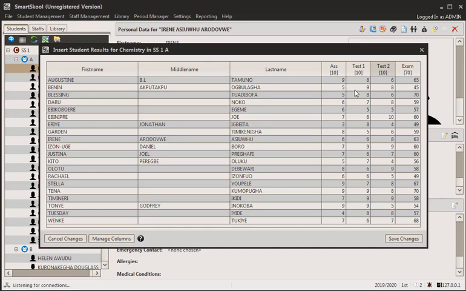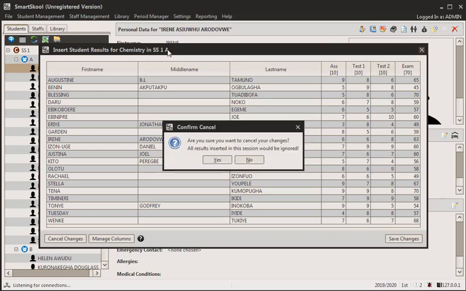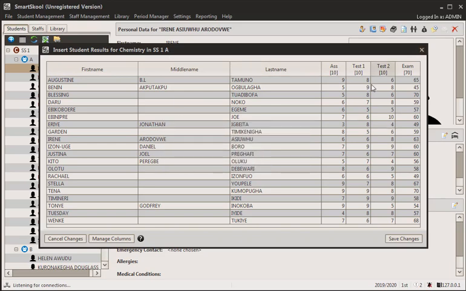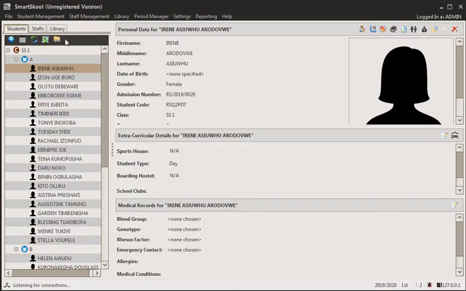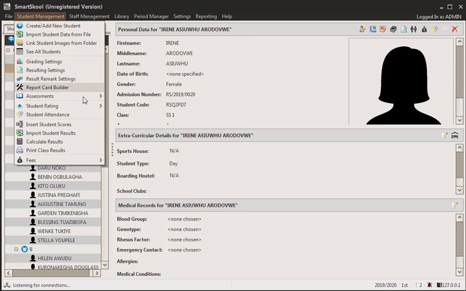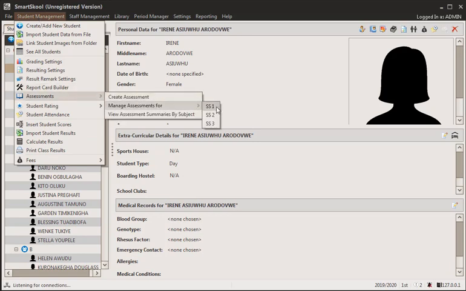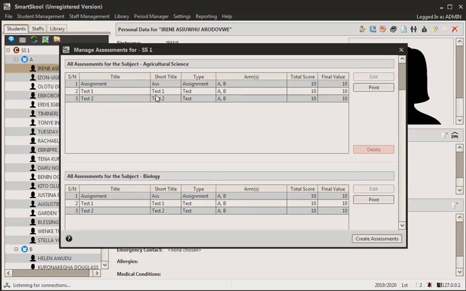Okay, so if, for instance, you want to map an assessment, it's best to use the assessment name. What is showing here is the assessment short name. For the most part, I believe that should work as well, but you're better off using the assessment name directly. So if you come to assessments and say manage assessments for SS1,